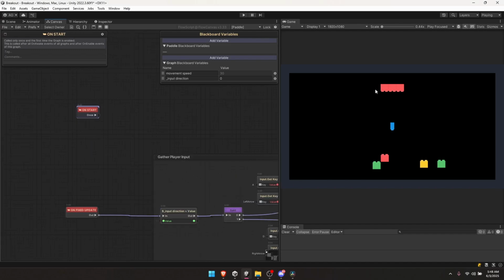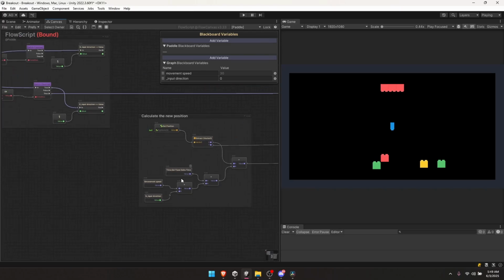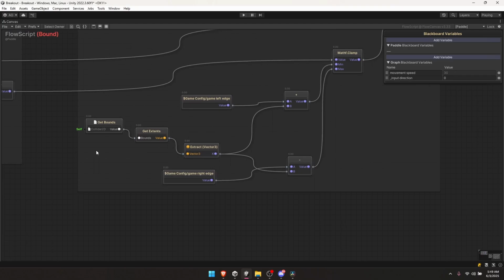We only want to do it once. We don't need to snap it to the floor every frame. Once we've done it once, we don't have any movement that's going to take it off the floor. So let's just keep it simple and do it once on start. So I've got my onStart event, and I'm going to come down here and copy my get extents. We want to use this. And in fact, I will grab all of that,